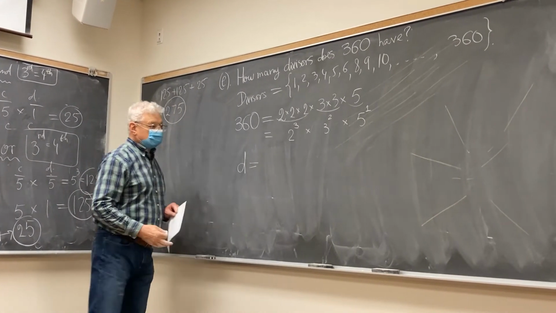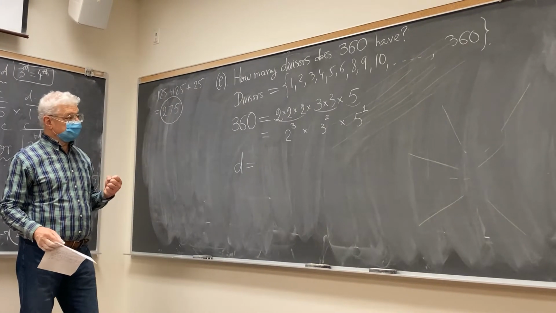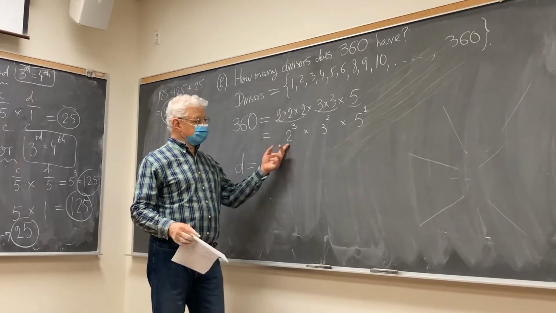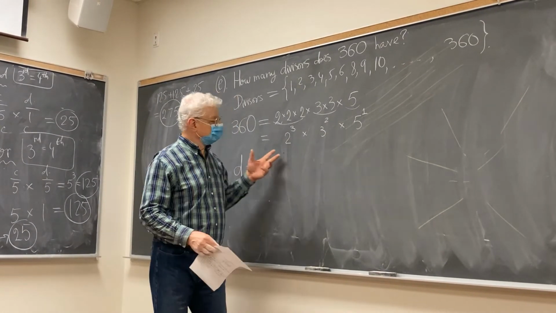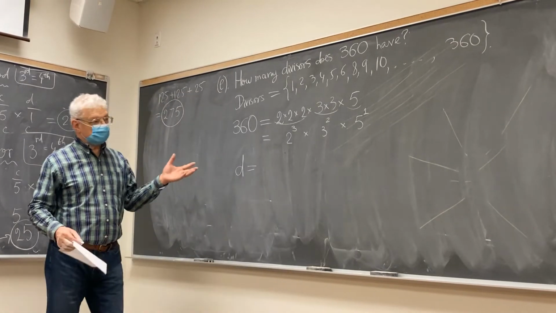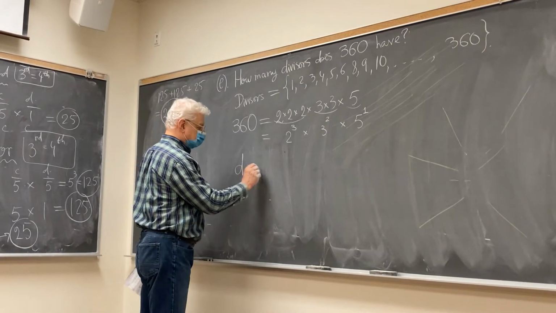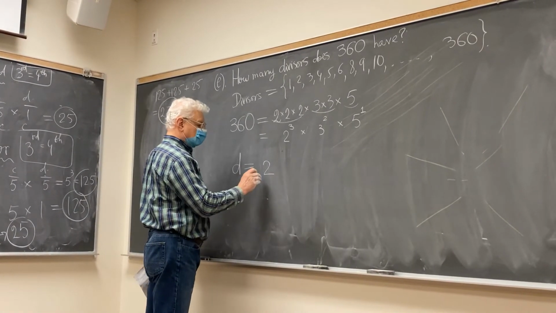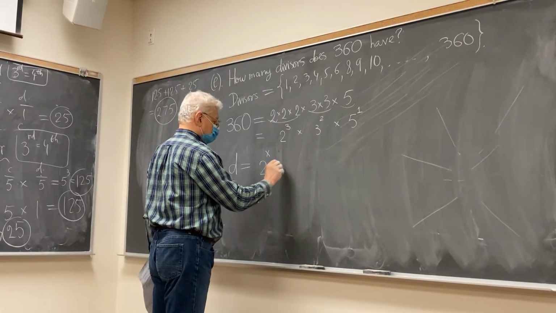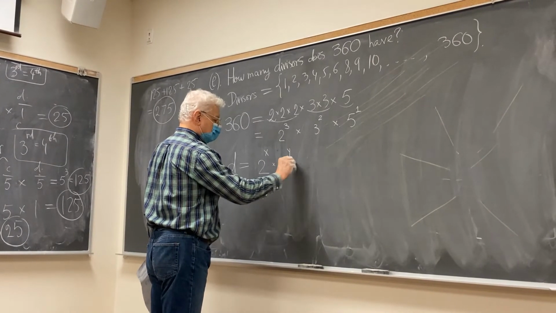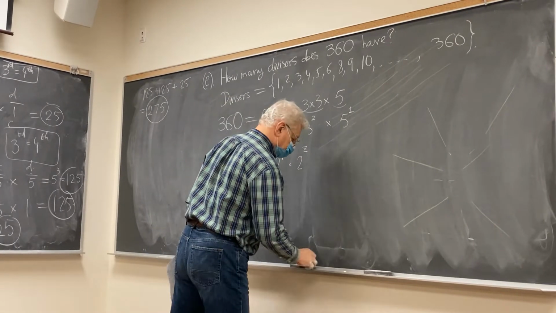If it's a divisor, therefore, it must contain at least one of these prime factors. Or maybe doesn't contain, but it cannot contain something else. So therefore, it could be considered as follows: 2 to the power x, times 3 to the power y, and times 5 to the power z. And the question is,